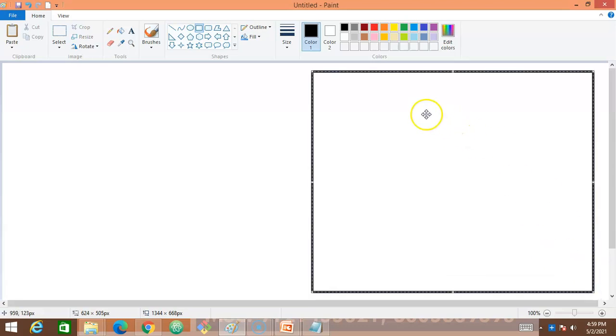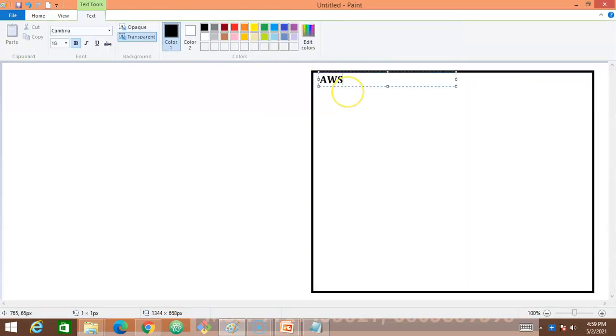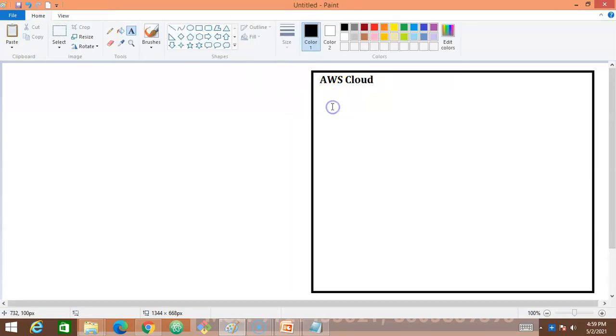Inside your AWS account, we have something called regions. Let's say this is my AWS cloud. And you all need to be aware that AWS is a public cloud. It's one of the huge, major public clouds available to us, which provides a lot of services, out of which we are making use of one service called EC2. Inside the AWS cloud we have multiple regions, and we launched our Linux server in one of them, called the Mumbai region.